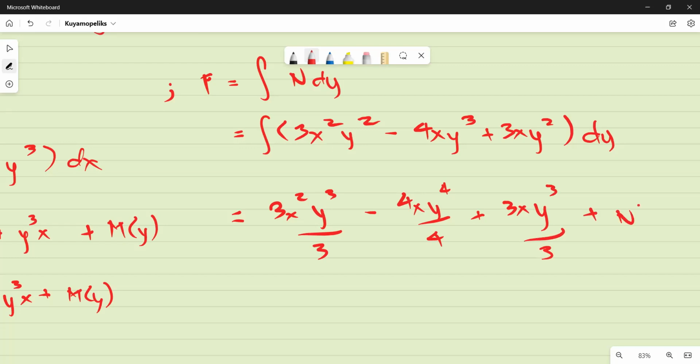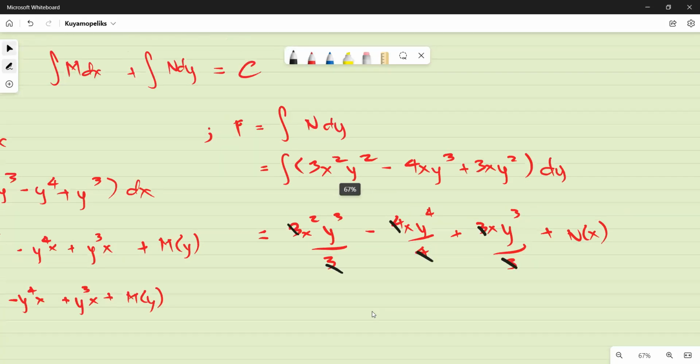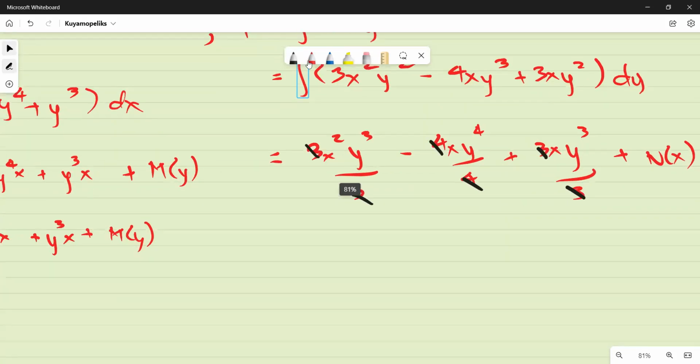Plus, don't forget your constant with respect to x. So, cancel yung 3, cancel yung 4, cancel yung 3. And further simplification, our answer should be x squared y cubed minus xy to the fourth plus xy cubed plus